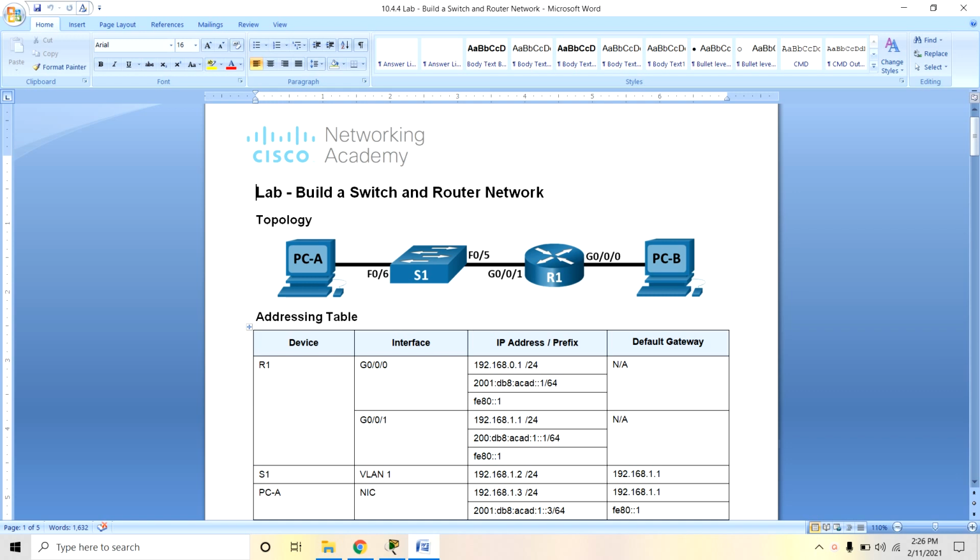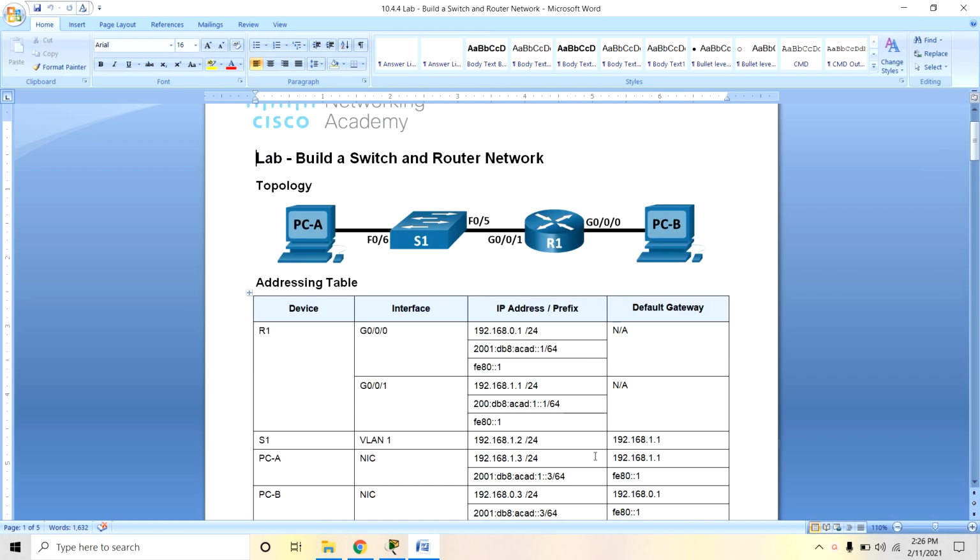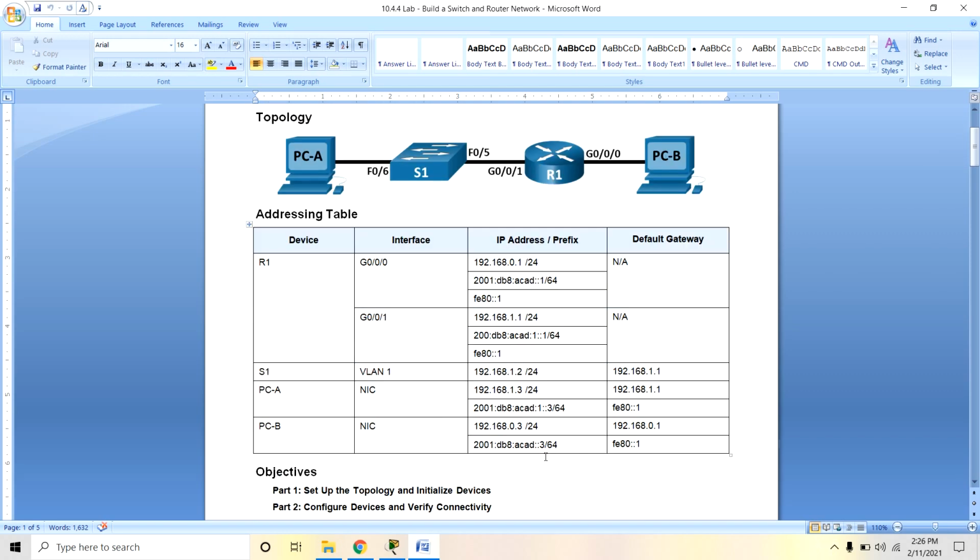In this lab you have to construct and build a switch and router network by using this topology: PCA, PCB, switch 1 and router, and by using the addressing table. R1, S1, PCA and PCB have the IP addresses and default gateways.